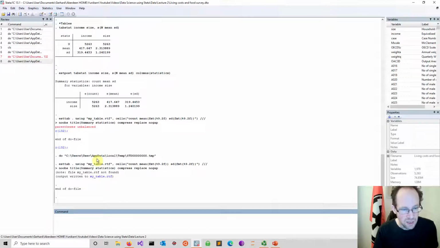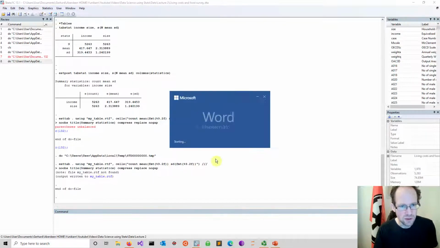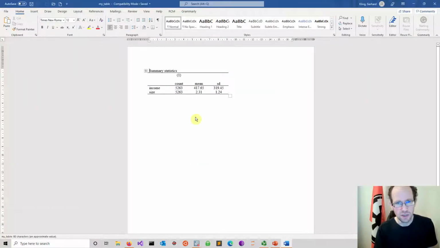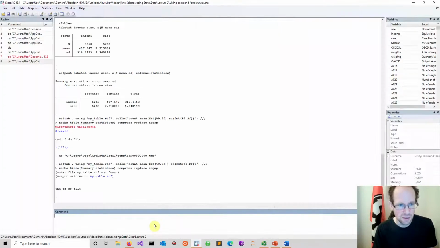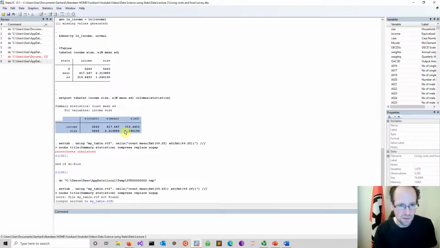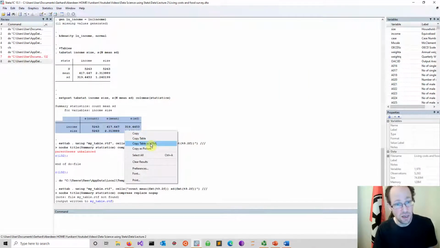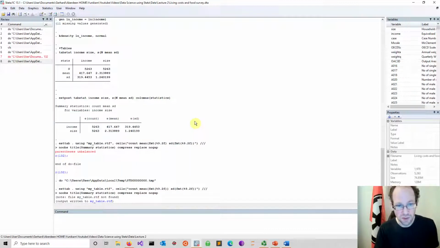That's pretty good. Now you can already see here highlighted the link to your table, but it will also be in your active folder. So you can just click on this, and that would be your table. So we have count, we have mean, we have standard deviation, of course. Now this is very simple at the moment, but if you add more and more variables, more and more different statistics, it's really nice to have. So you don't have to copy paste, by marking this, right click, copy as HTML. That also works. We have done this before,